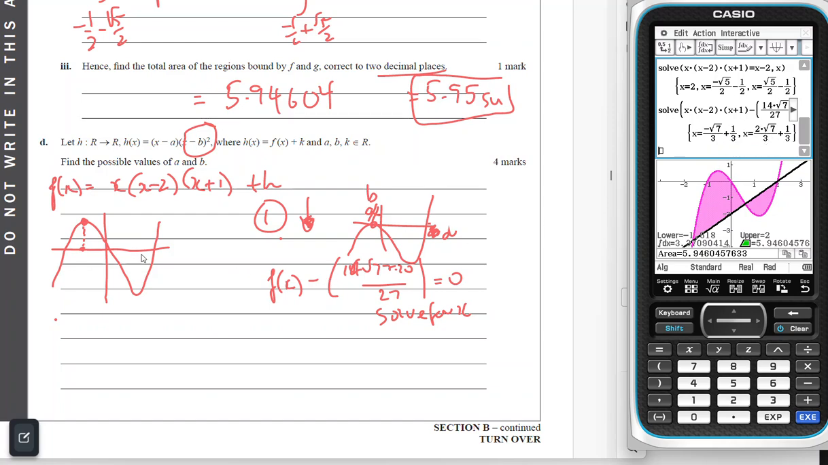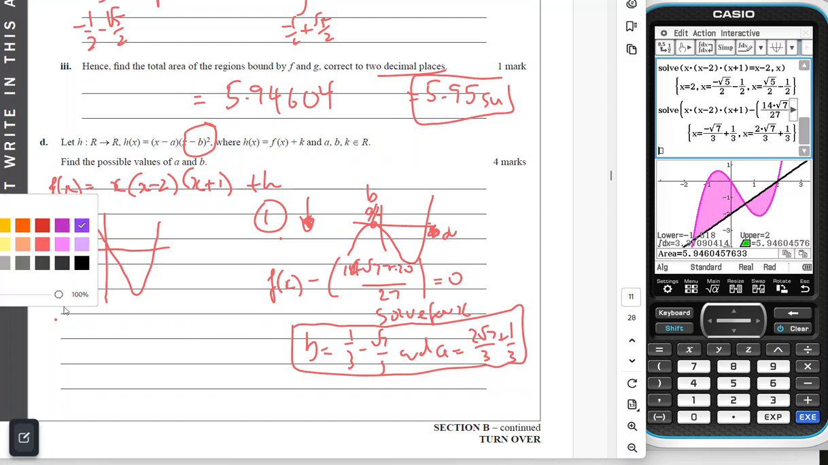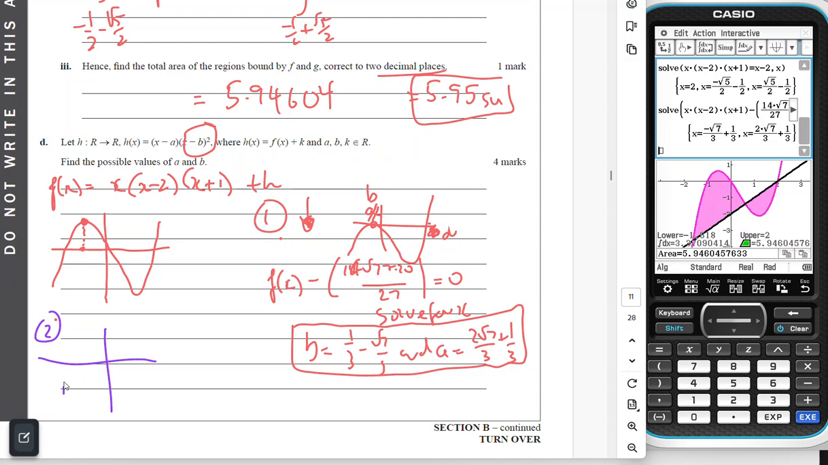I know that the one on the left will be b. So that means b equals 1/3 minus √7 on 3, and a equals 2√7 on 3 plus 1 on 3. That's one set of solutions. The other set of solutions is when we move up